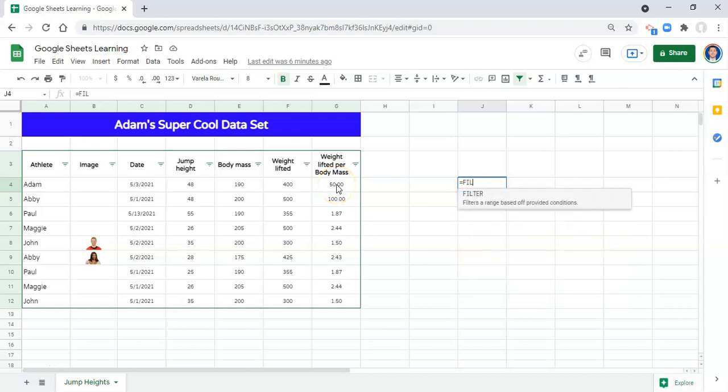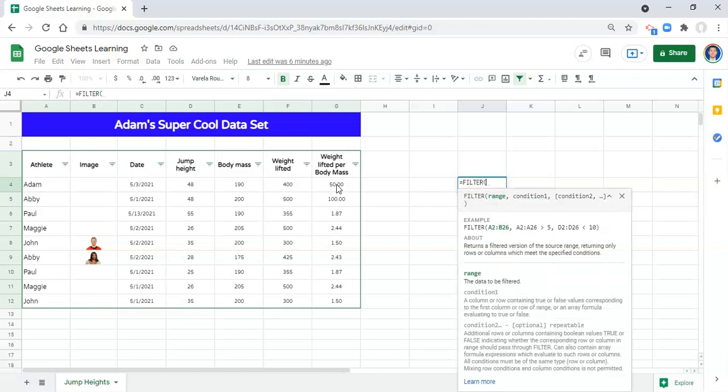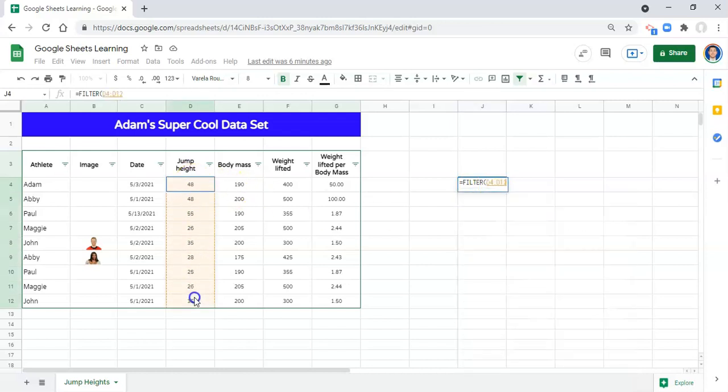You don't have to worry about this. It's probably a little bit beyond the scope of the video, but it may make some sense to you now that you know how functions work. We'll go equals filter, open parenthesis. And what do we want? Well, we're going to want jump heights. So I'm going to select this range of jump heights,